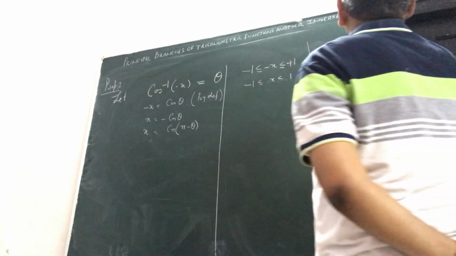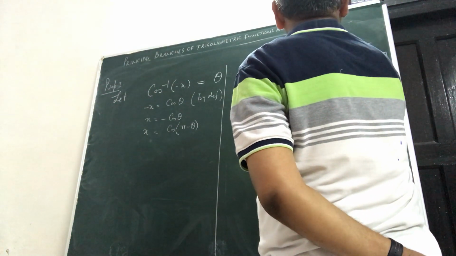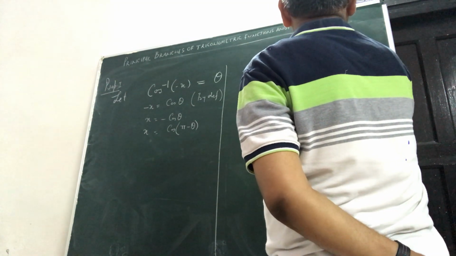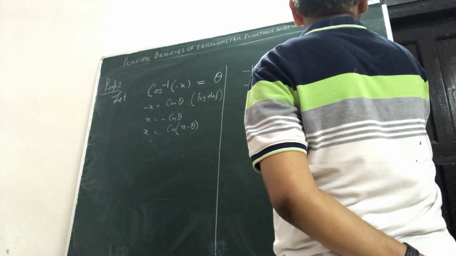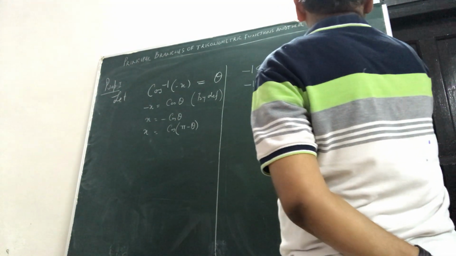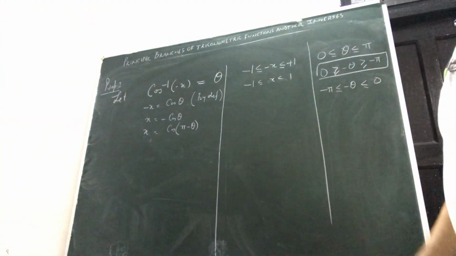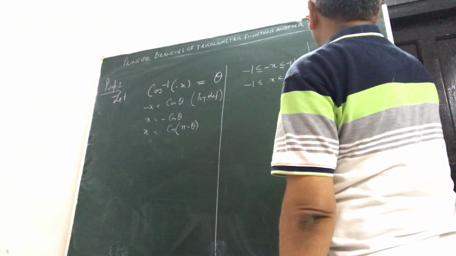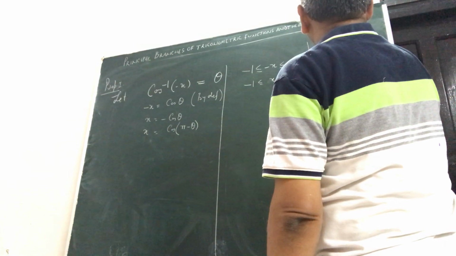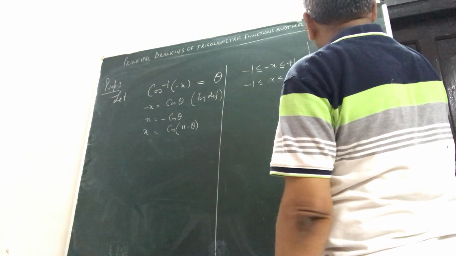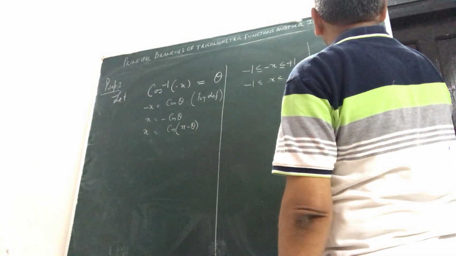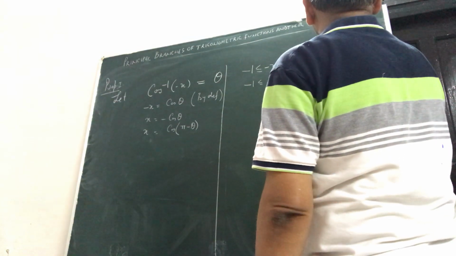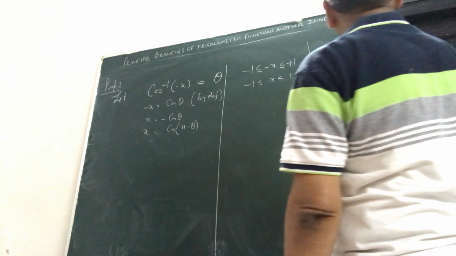and this will be less than or equal to 0. So what you are getting is that minus theta is now between minus pi and 0. Now I say, you have to calculate the value of pi minus theta, so add pi everywhere. So when you are adding pi in this inequality, what you will get? Minus theta plus pi, and here you are adding pi. What it means is pi minus theta is between 0 and pi.